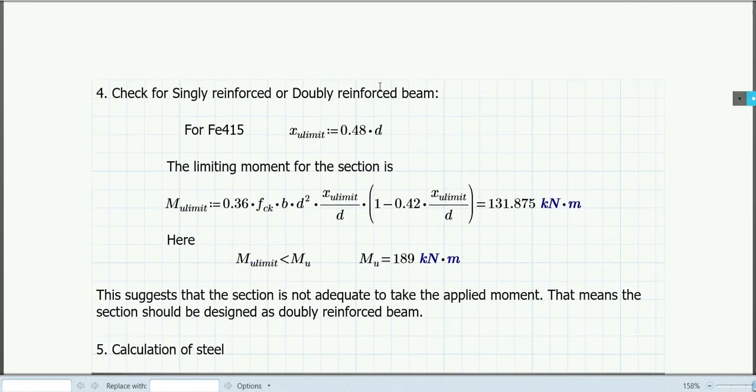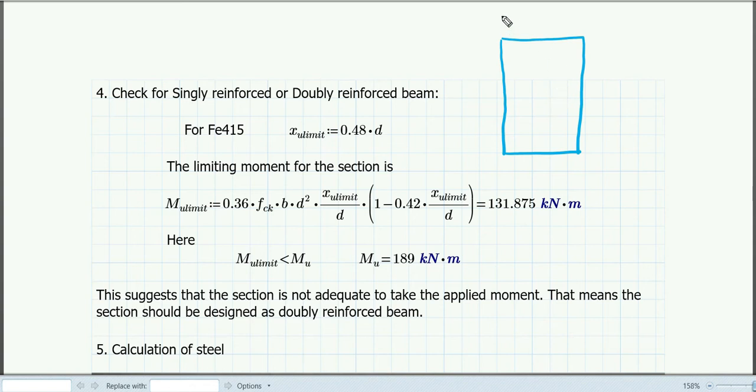Now the most important thing that we'll discuss here. Now the thing is, why have we provided the compression reinforcement? We have provided compression reinforcement so that it is able to take the excess amount of moment that is acting on the beam, okay. But what is excess above what? The question is, excess about what limiting value, that you have to find out.